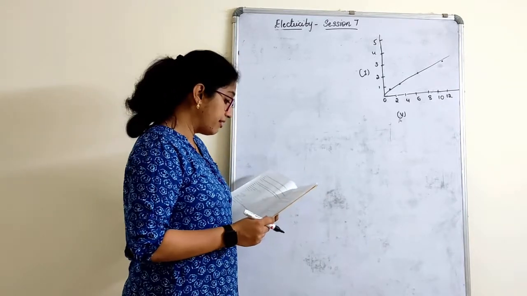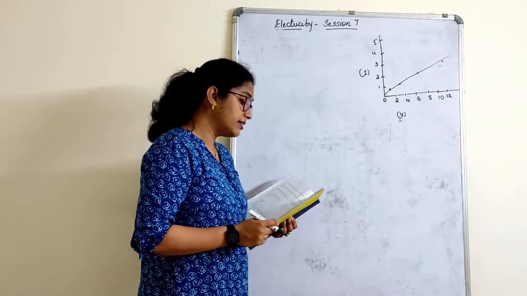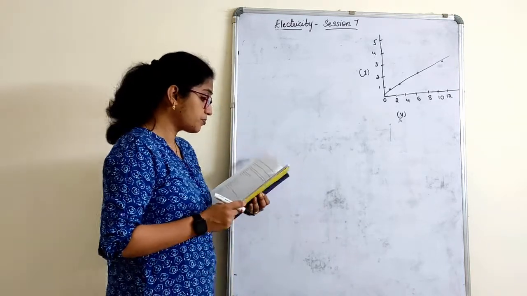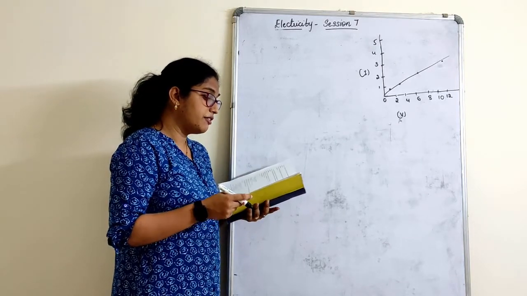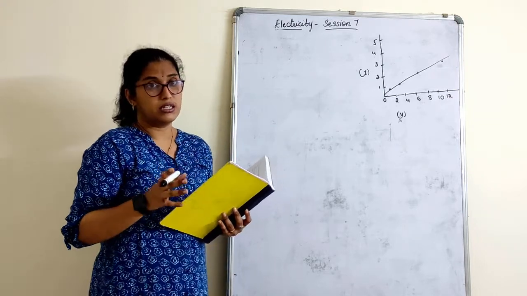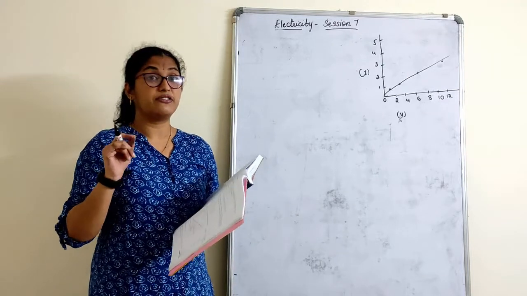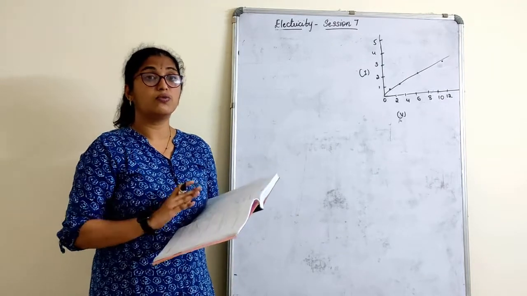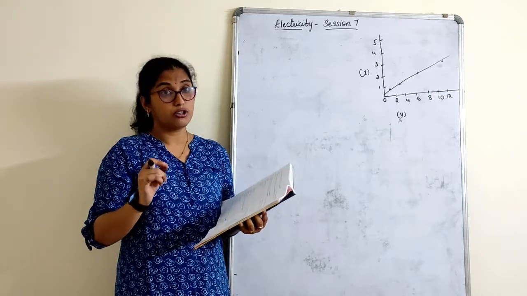Okay, now we have to calculate what here? Plot the graph between V and I and calculate the resistance of that resistor. So now whenever we plot a graph with respect to this voltage across a current, what is it? It is nothing but the Ohm's law. So what do we get actually here? We get resistance R as a constant. So what resistance you find across any of the resistors, R has to be constant here.